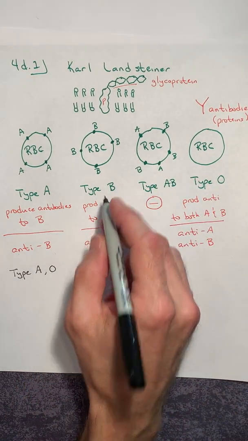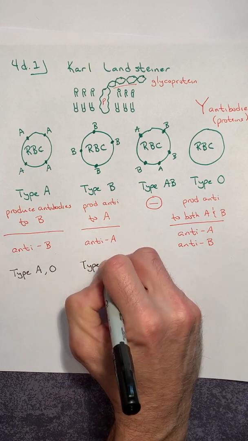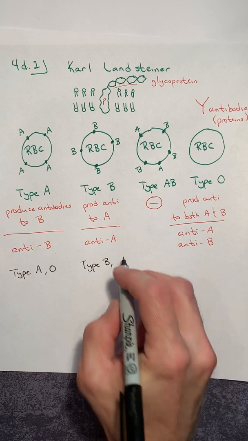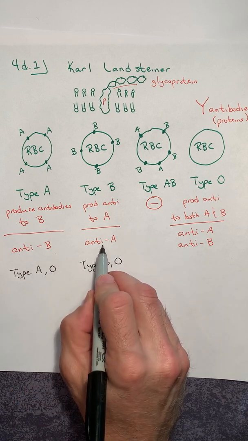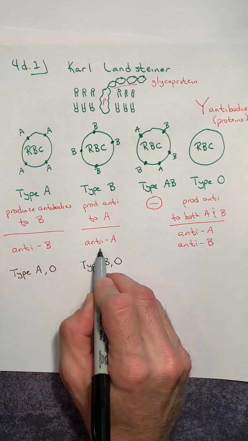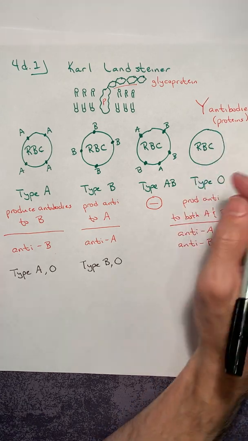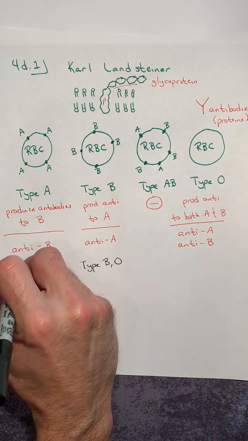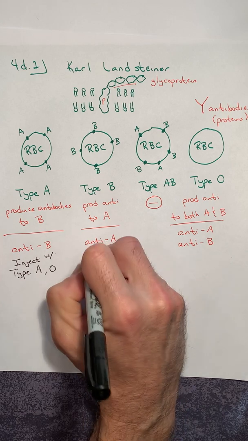All right, someone who has type B blood, you can of course inject them with the same type blood. What else could you inject them with? You can inject them with O. Same ideas over here. These individuals produce anti-A. The antibody searches for the A glycoprotein, doesn't see it, no clotting. These individuals, you can inject them. Oh, I forgot the word inject. I suppose that would be helpful. Inject